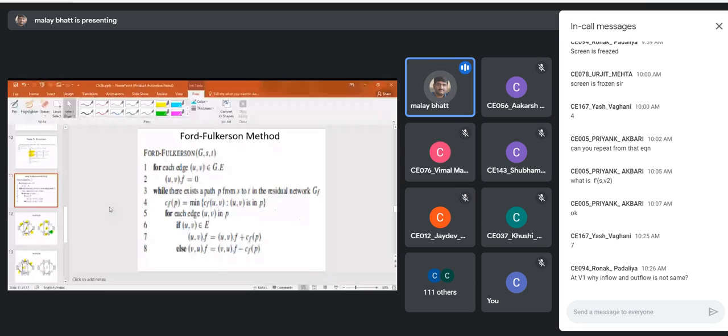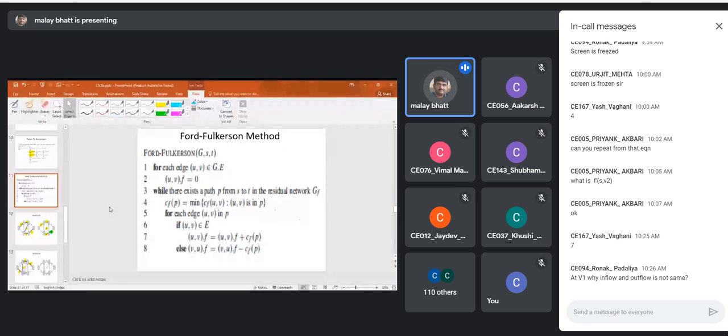You can see for each u comma v in the P, if that edge is in the path, it is a must. Also, it must be an original edge of the original graph, that means a forward edge of your flow network, because it will be further addition, we are increasing the flow. So we will write u comma v dot f is equal to the flow of that edge plus the path flow, right? That is what we are doing in every step. We are increasing the flow: 4 plus 4 and 5 and 7 and all. So every time it will increase the flow. Are you getting this? Yes or no?